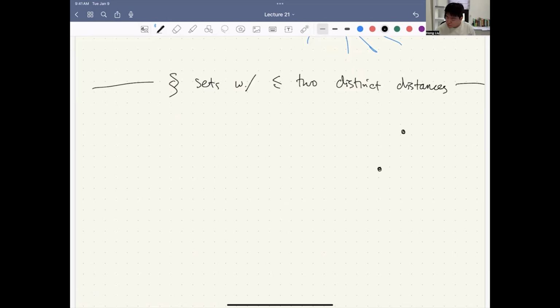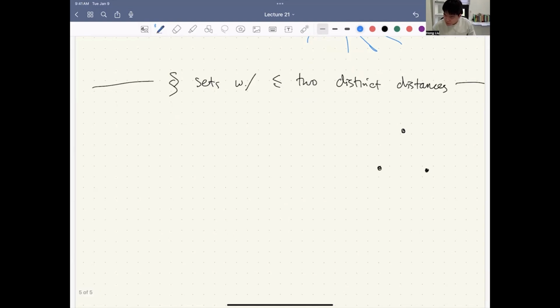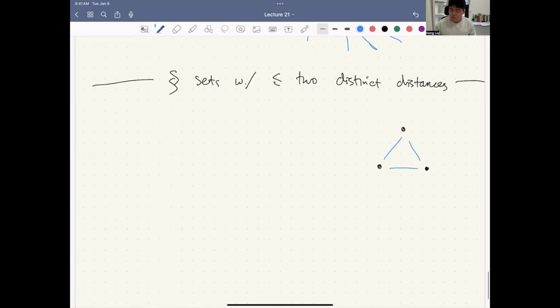If you have a set of points where the pairwise distance between them, if there's only one, this is the R2 case, or